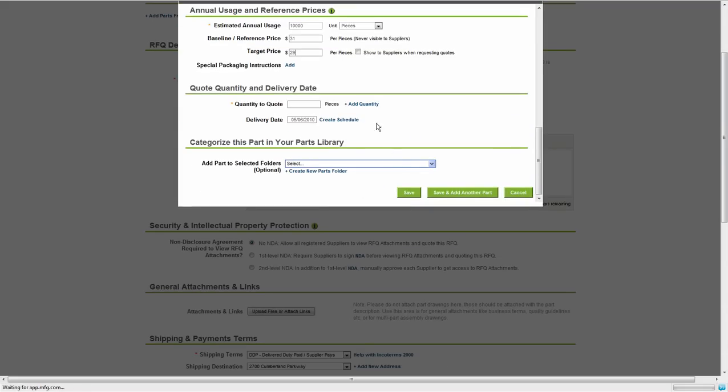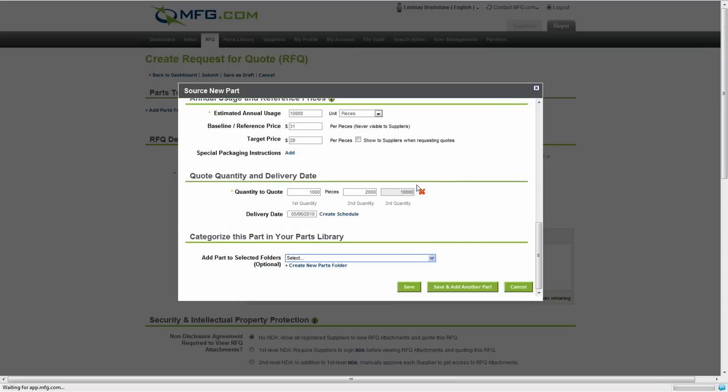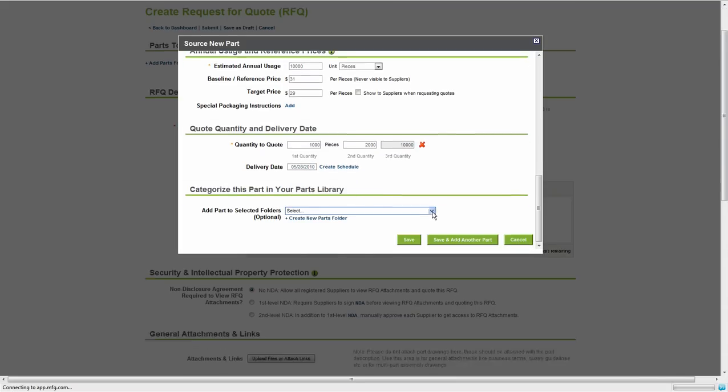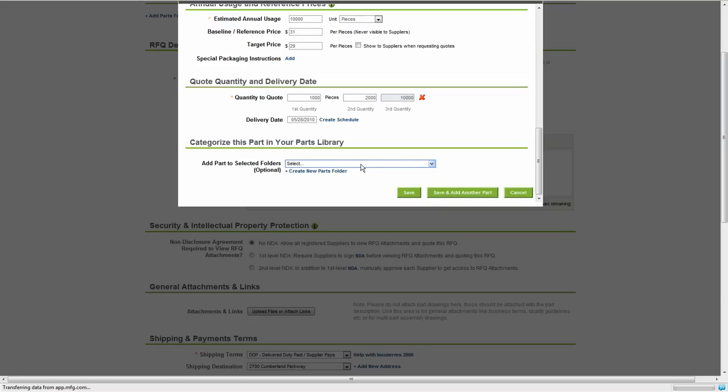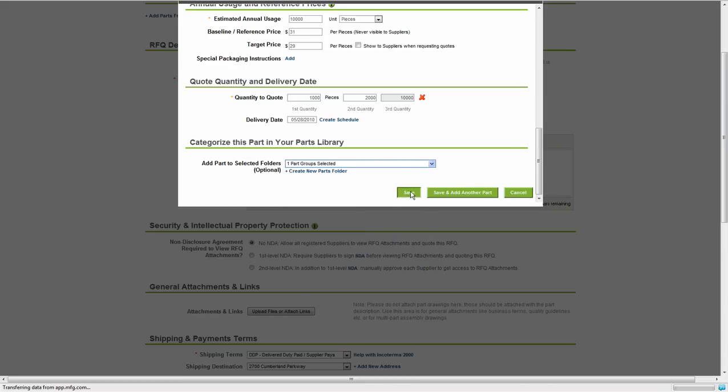So now let's go and fill out the quote quantity and delivery date. Right now we're only going to be wanting 1,000 pieces quoted, and let's say to add another quantity, we want 2,000 pieces quoted, and then let's go ahead and have them give us a 10,000 quote as well. We can easily change the delivery date by selecting this button. Let's change the delivery date to May 28th, and we'll continue to move forward. We could also categorize this part in our MFG.com parts library by simply selecting Select and adding it to our bending parts folder. So let's go ahead and select Save